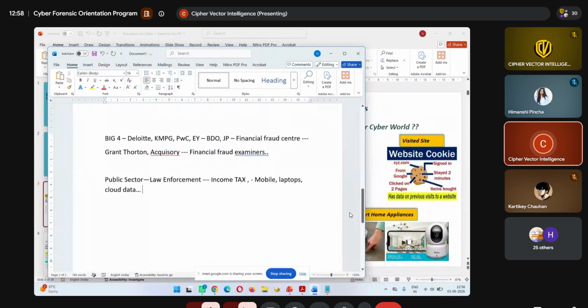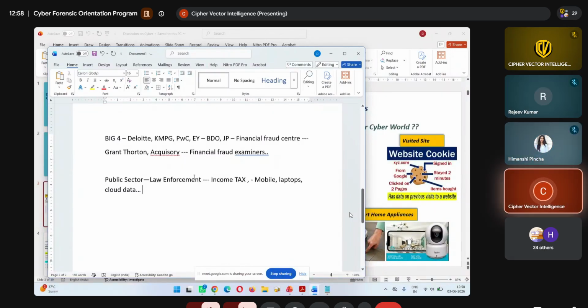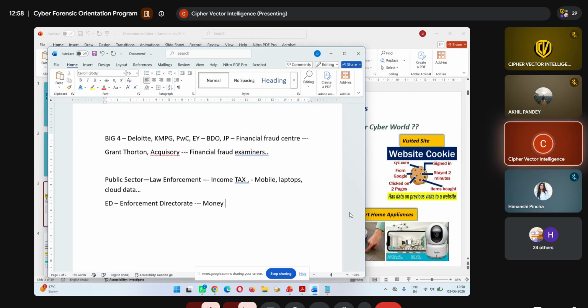So income tax is a very big market in digital forensics. Then next comes ED, the Enforcement Directorate. You heard about it? Enforcement Directorate. It involves money laundering. Okay, so as the word suggests, money laundering,